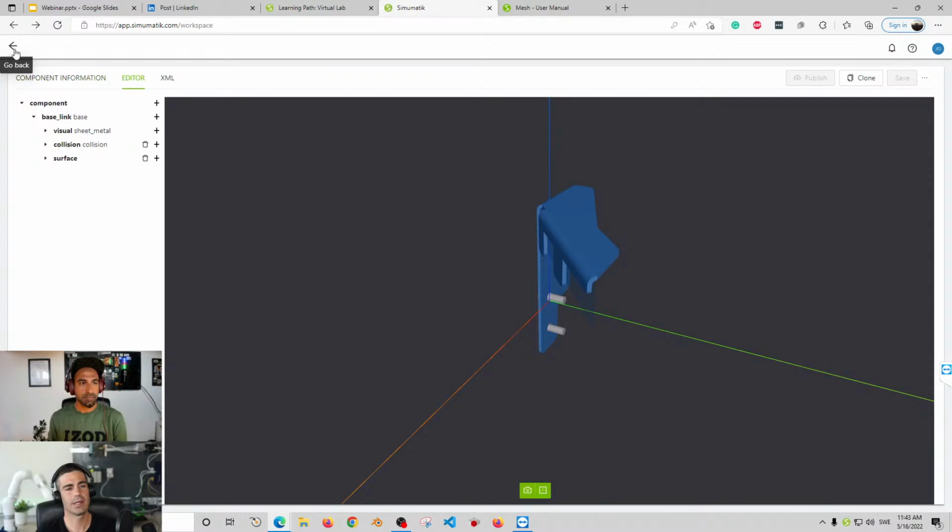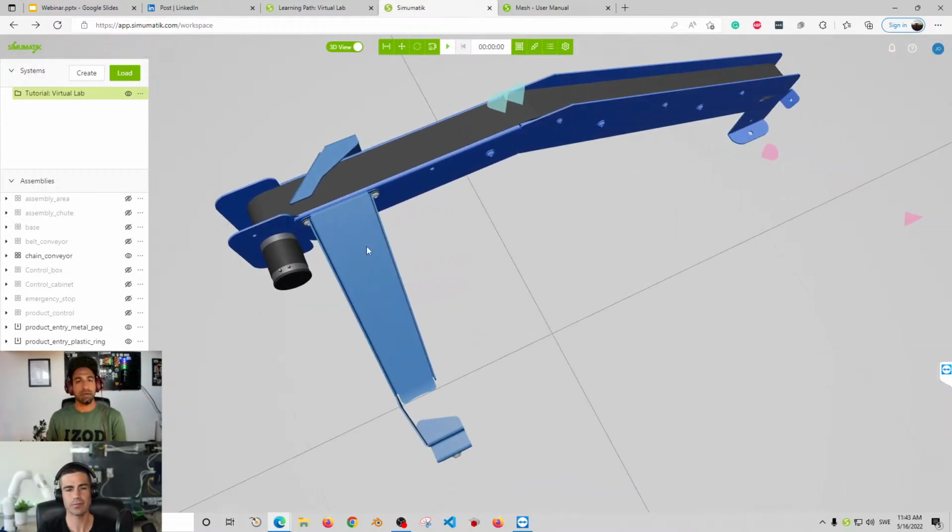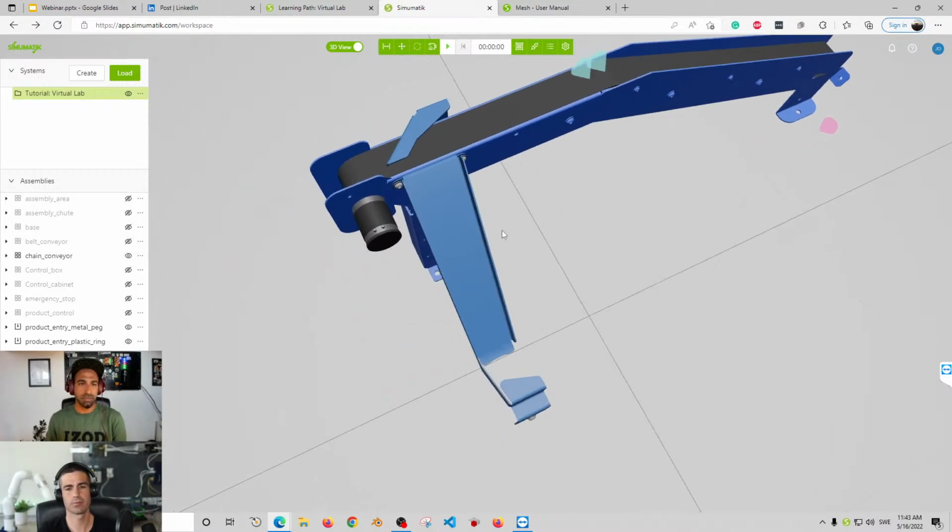So it can take from just a few minutes to several hours, depending on how challenging this component is. So do you recommend any software for people to build their 3D components? Yeah,